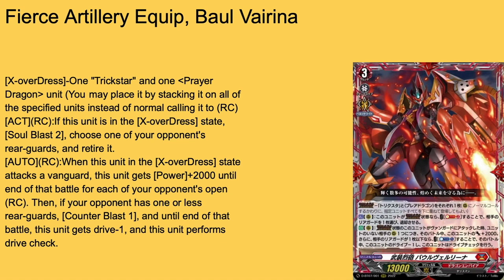So the drive check's not bad. In fact, this is the only reason you'd use 1 in the anime. My issue is this. My Nirvana deck was super consistent with counterblast before. There was not a lot of cost givers, except for Braum, Baphormedes, and Nirvana herself. Baul immediately messes that up because the counterblast to do this sucks, because now I have to...